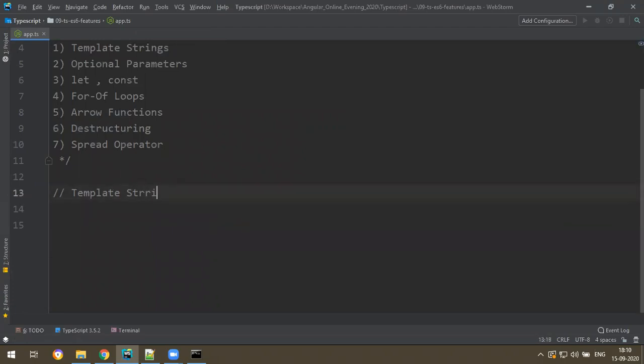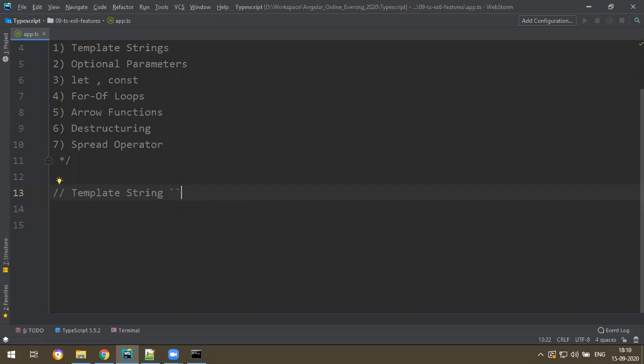Template string is nothing but the backtick operator. This backtick operator is called a template string. Previously we used single or double quotes; now we are going to use this backtick operator.